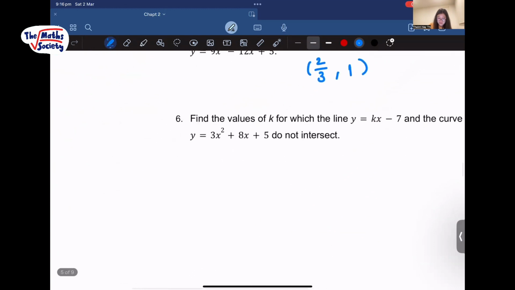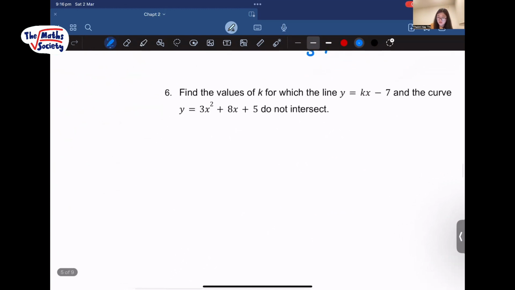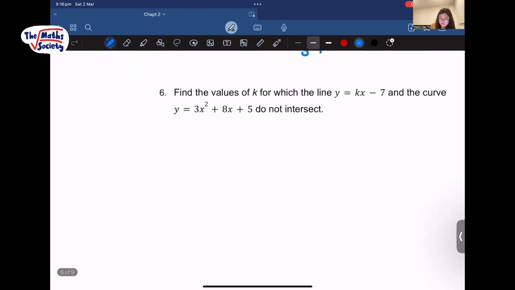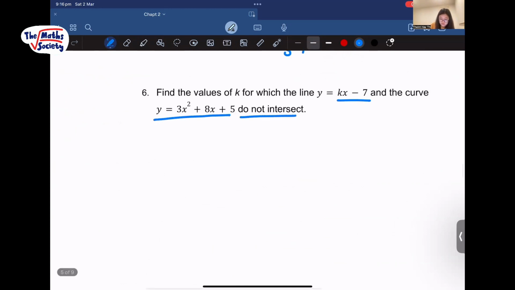Yep. And then you have to find the values for k, for which the line y equals kx minus 7, and the curve y equals 3x squared plus 8x plus 5 do not intersect. So if they do not intersect, it means that the formula b squared minus 4ac has to be less than 0. Yep, so it'll be kx minus 7